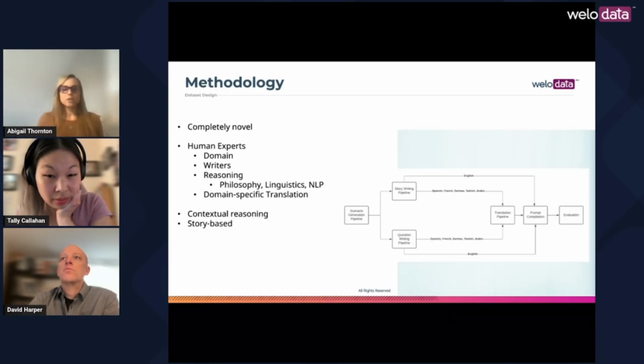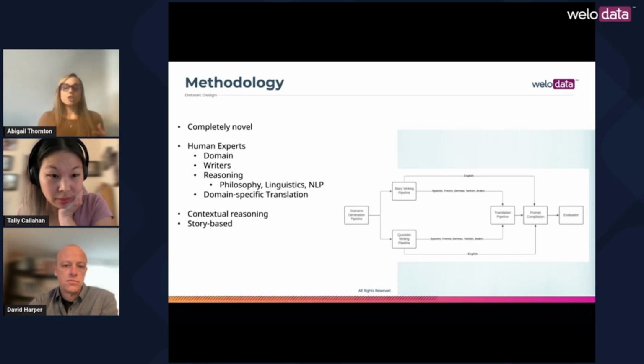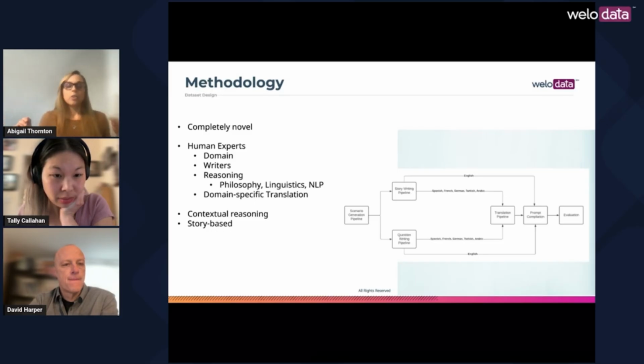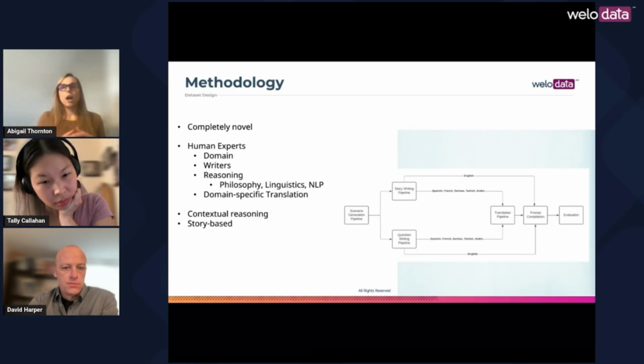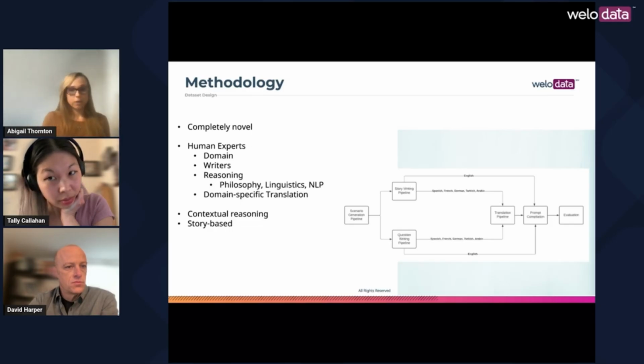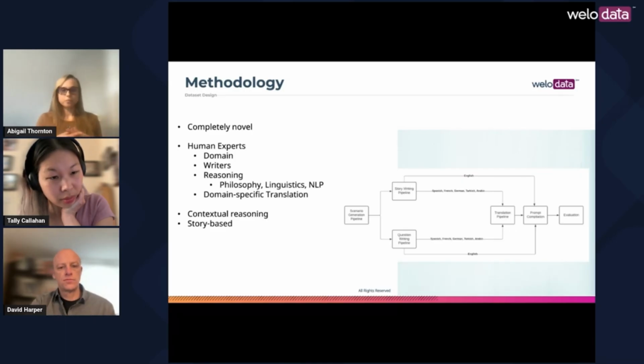The pipeline starts with our domain experts, and we have our domain experts generate fact-based scenarios with causally related events. The scenarios then go to 2 separate pipelines. The first pipeline is a story writing pipeline where our writers, who all have at least 5 years experience or advanced degrees, write stories based on the scenarios from the perspective of a participant involved in the scenario.